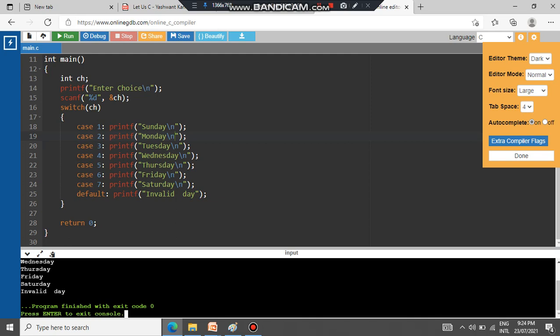Okay, so there is one special instruction in C that after executing case 1, if you don't want to continue with the other cases, at that time you can use one keyword, and that is break. The keyword is break, and the same break is to be applied for each case. If you don't want the other instructions to be executed based on the case, if you want to execute only that block of instructions, you can do this. You can even write all these things inside a block.